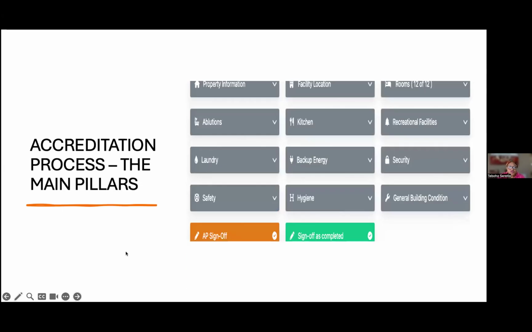Okay, now moving into the accreditation process itself. The accreditation process has these main pillars. One of the things is property information. What that looks for is just general information. So do you have a caretaker? Let's get the details of your caretaker. There's also something there that is called a cover picture. So I normally say to people that cover